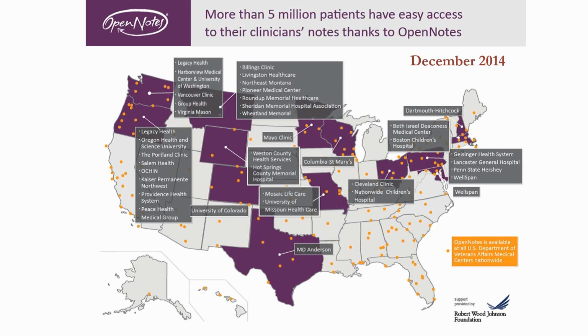The yellow dots that you see are where the VA clinics are, because as many of you probably know, at the VA with the blue button, we consider that open notes, because blue button allows patients easy access to their notes and to download them. And then the purple states are where we knew of open notes implementations. So if you move forward a slide,